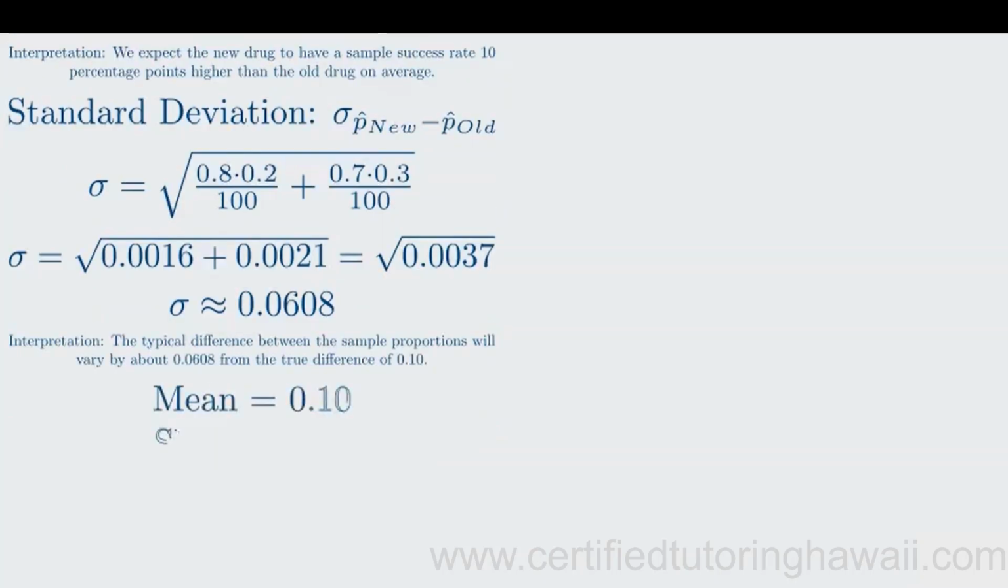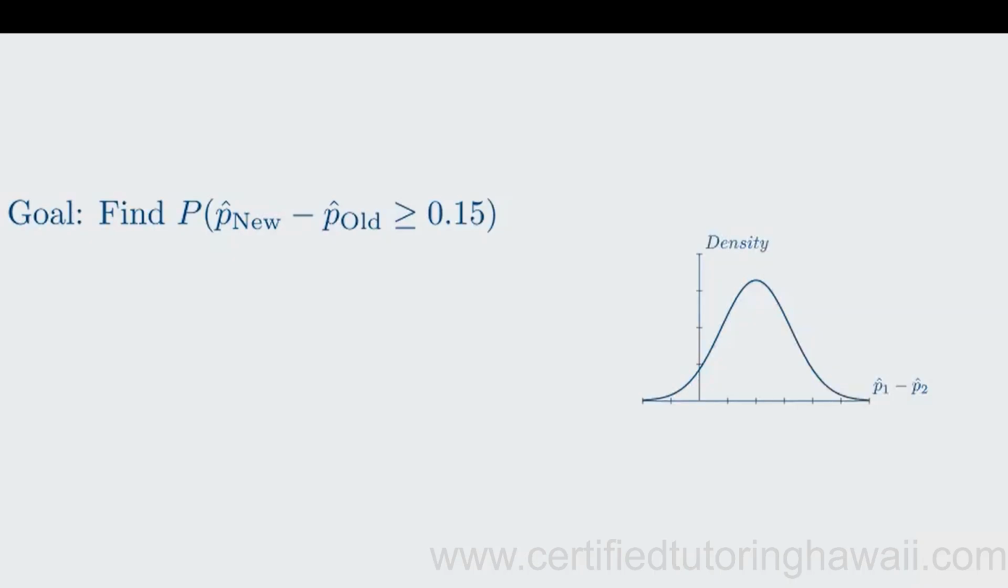With a mean of 0.10 and a standard deviation of 0.0608, we are ready to calculate the probability of seeing a difference of at least 15%. Now we can solve for the specific probability. What is the likelihood that our sample shows the new drug performing at least 15 percentage points better than the old one? We are looking for the area under our normal curve to the right of